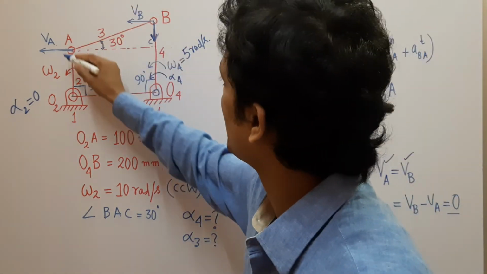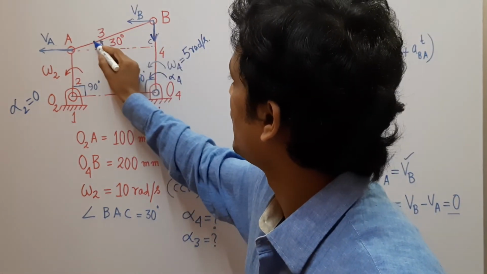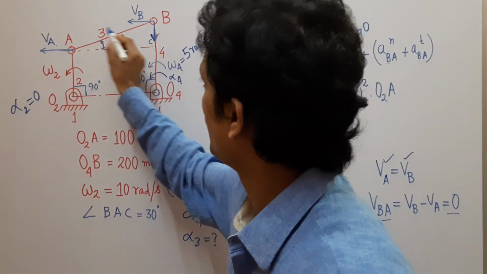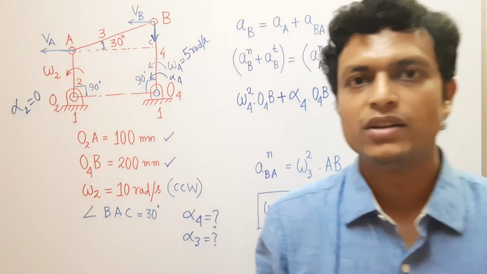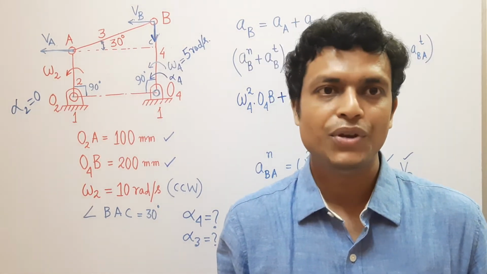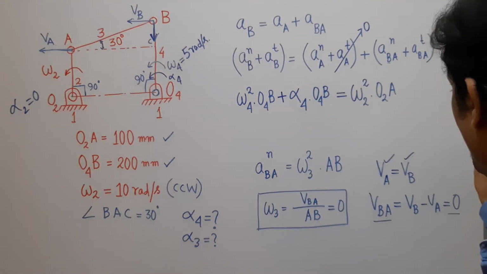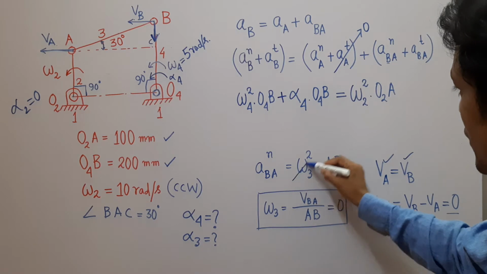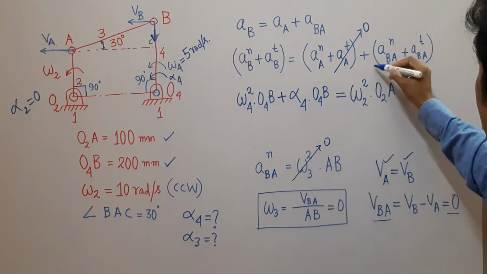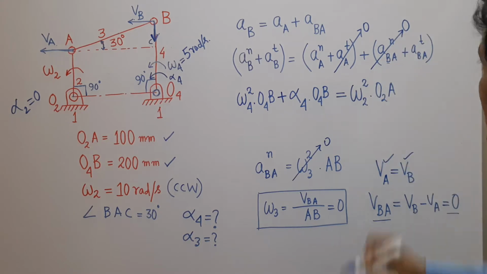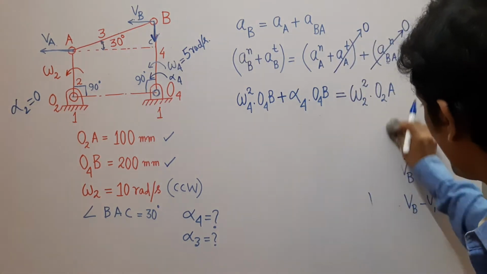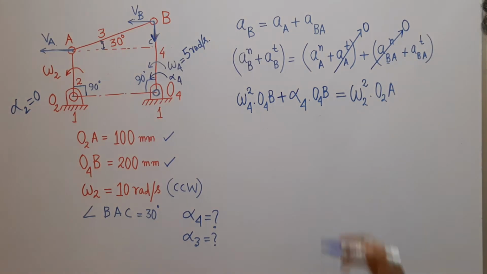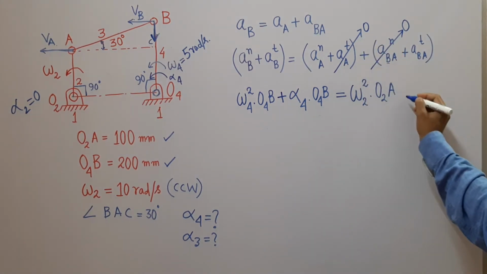So all points on the connecting rod will have same velocity. At the midpoint it also has VA, at this point it also has VA. So all points on the connecting rod will have same velocity as the connecting rod is in pure translation. So let me erase these things as omega 3 is 0. So ABAN, this component of acceleration is also 0. So we are now eliminating the components. So two components have been eliminated, that is AAT is 0 and ABAN is 0.